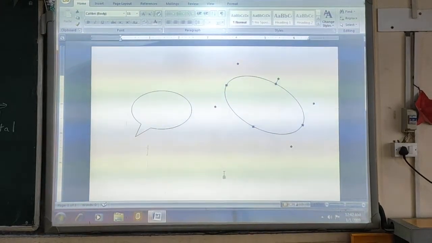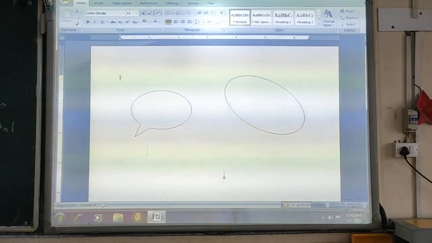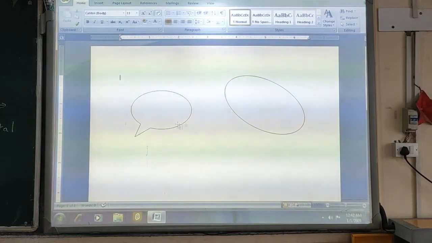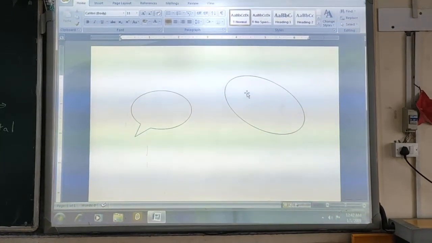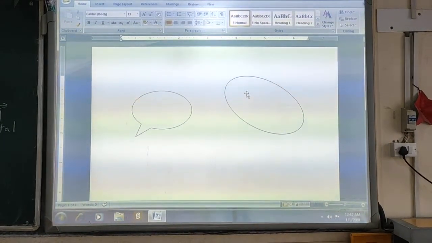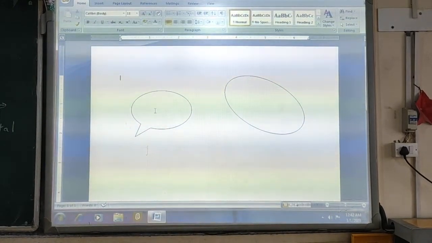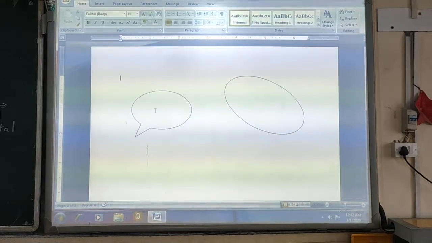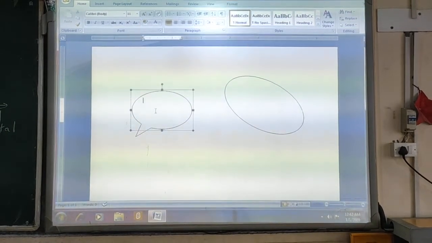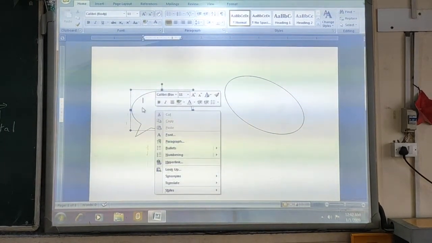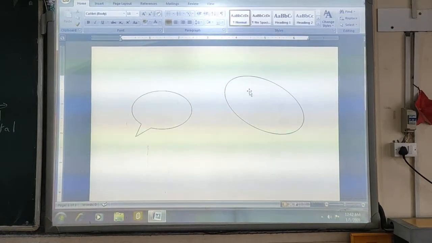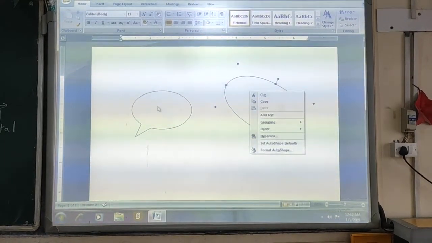So, in order to write inside the shape or to place text in the shape, what you have to do is take your mouse cursor to the shape, anywhere within the shape, and just right click your mouse.